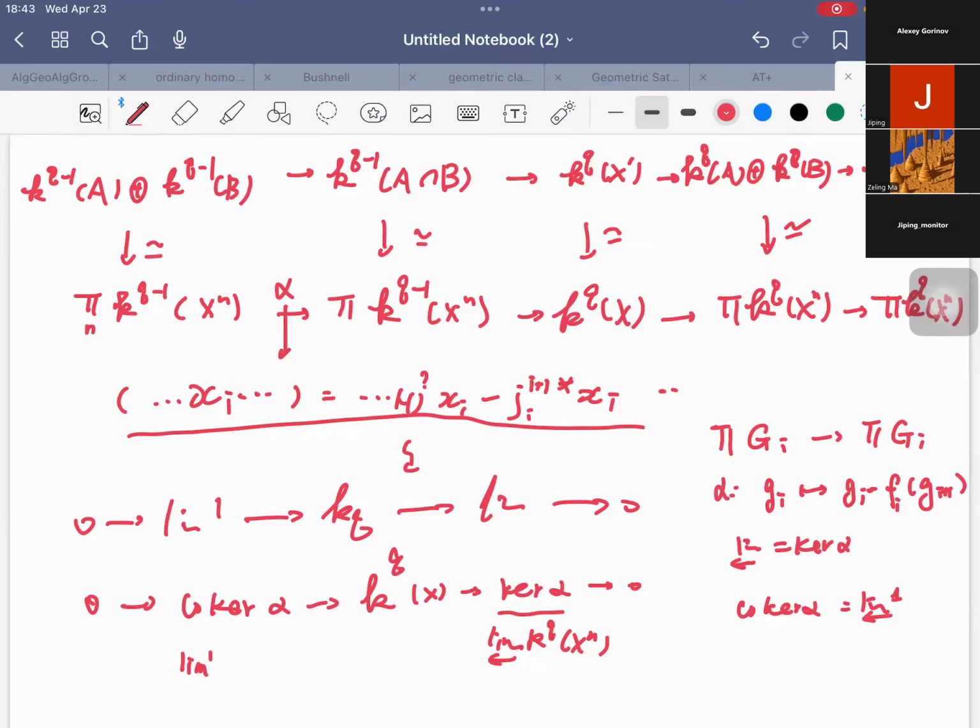Okay. Well, this is correct, but sort of correct. We don't see from this definition where these notions come from. So there is a functor lim, which is defined on, which goes from